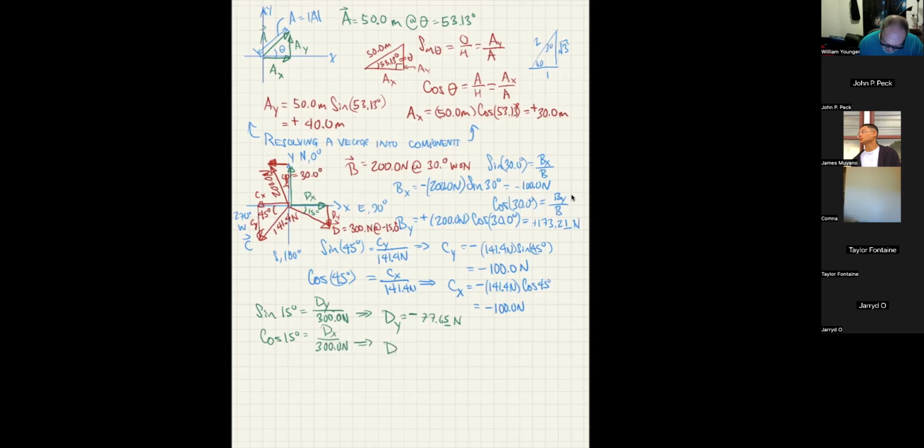That gives me that dx, and now I am forcing the positive because, as I see from the diagram above, dx is clearly in the positive direction, and that's going to be 300 times cosine 15, and that gives me 289.78 newtons. And actually this one really gives me 2 extra sig figs because I've got that big a unit. Okay,